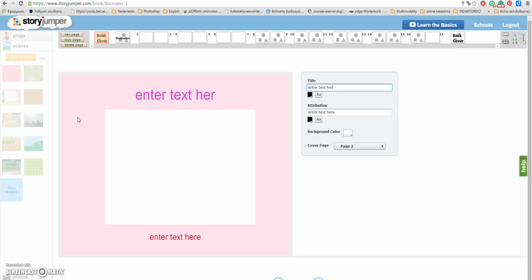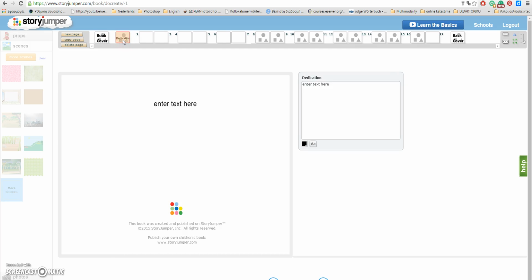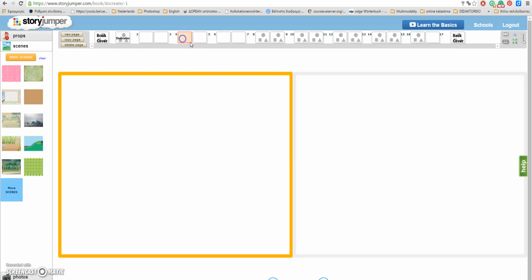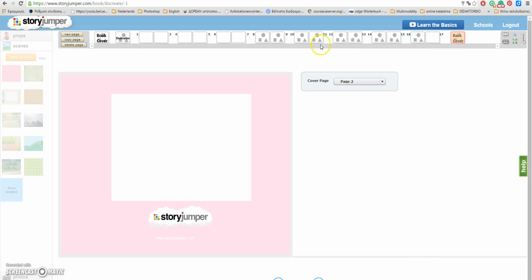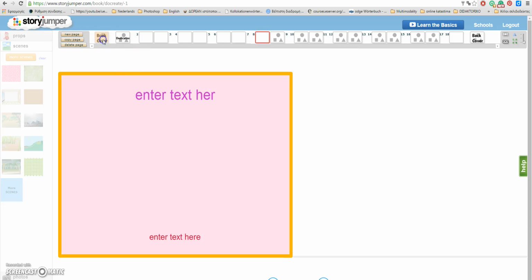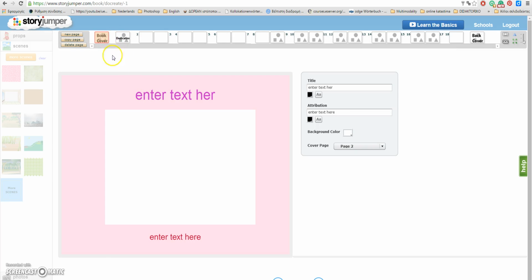So let's take a look at the basic parts of our book. It pretty much entails all the basic elements of a book. We have a book cover, we have a dedication page, and then we have the different pages of our book, okay? And at the end, this site has also added the back cover. Okay, so let's start right from here, from the beginning, and let's look at what we can do with our